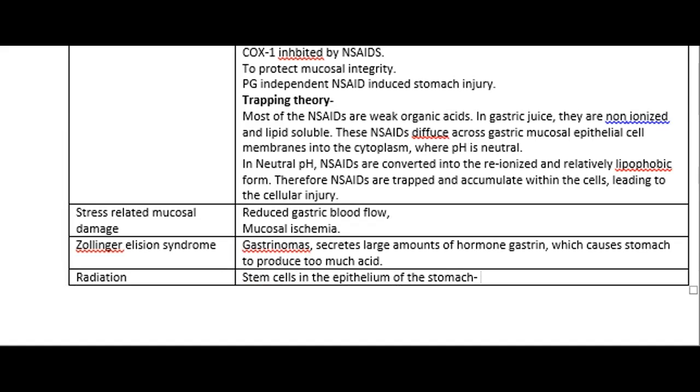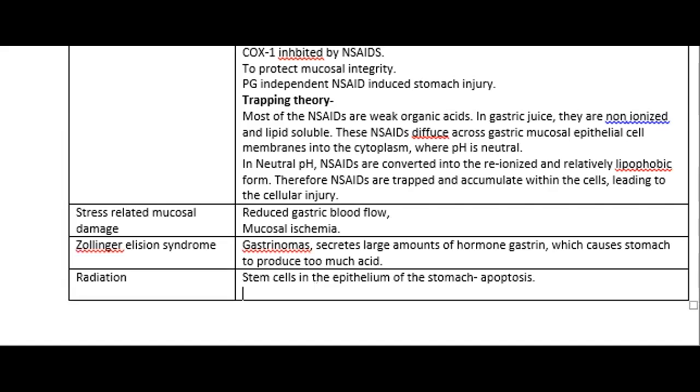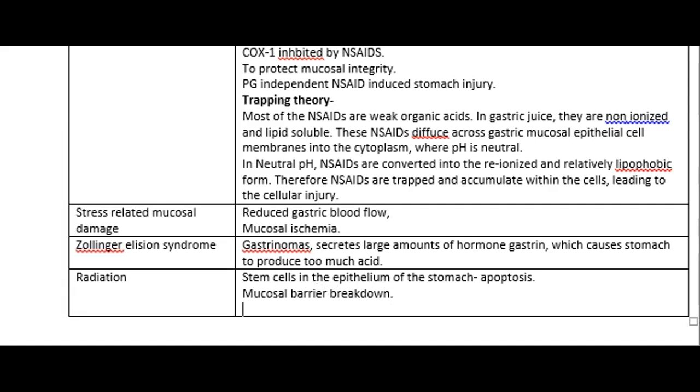Because of this radiation, it is causing the apoptosis of the stem cells and causing the mucosal barrier breakdown. As there are no stem cells, no cells are being produced. As no cells are produced, no mucus layer is being formed, and the mucus barrier is being broken down